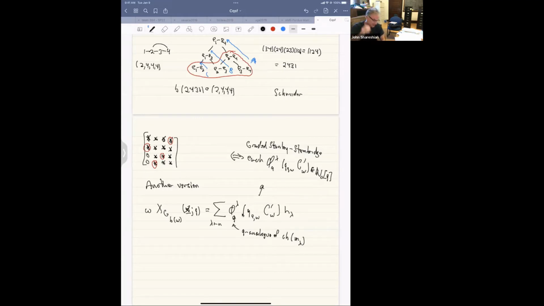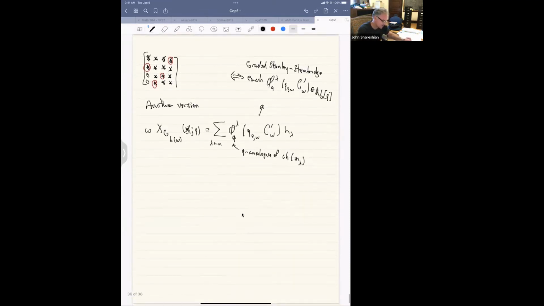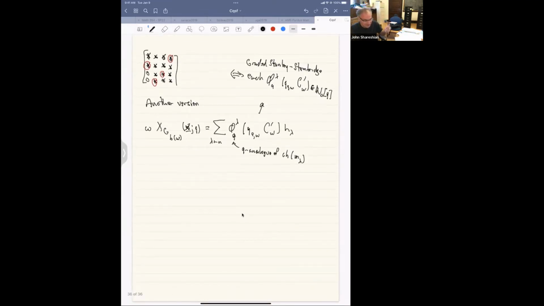Right? And so, in fact, because of this theorem of Clearman, Hyatt, Shelton, Skandera, it turns out that the graded Stanley-Stembridge conjecture is a special case of a conjecture of Haiman. Of course, we didn't know that when we developed this conjecture, and this is not trivial, right? So this is interesting. Where did I put this? Haiman conjectured in 1993